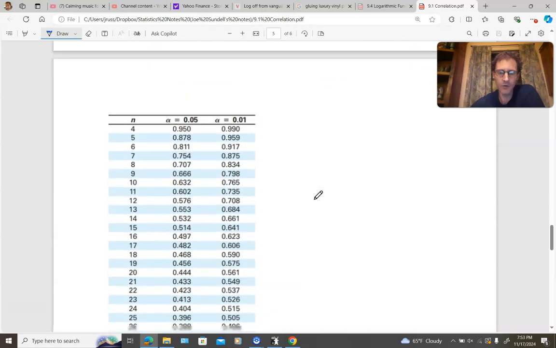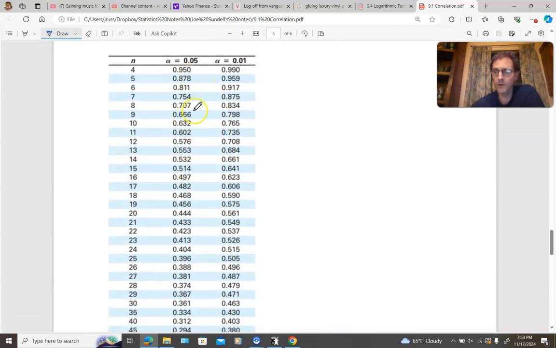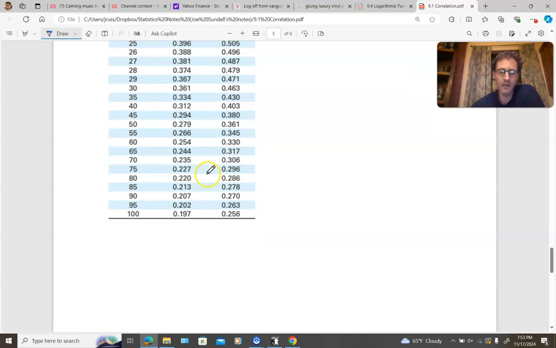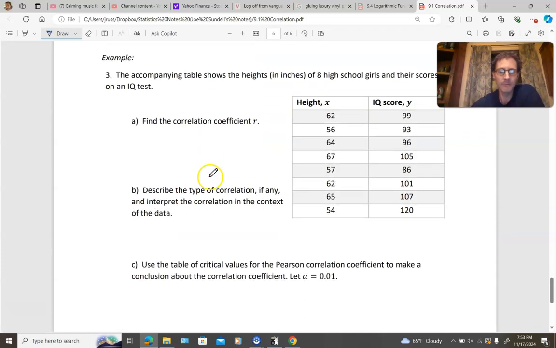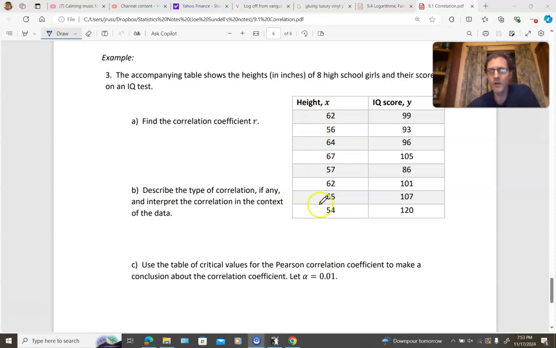All right, well, let's try one of our own. So you will have to refer to this table, okay? Example 3: this table shows the heights of 8 high school girls and their scores on an IQ test. What we're trying to figure out is, is there a correlation between a girl's height and her corresponding IQ